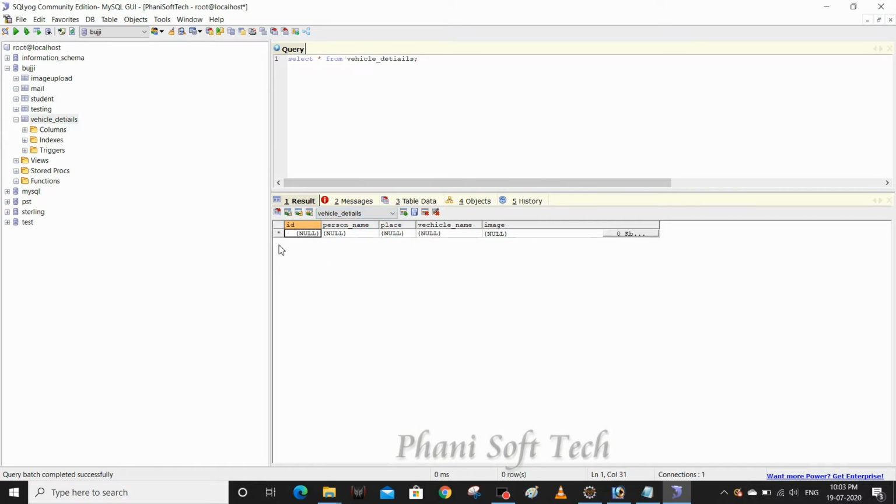Since I have a graphical user interface, I am entering them using it; if you don't have one, you can enter them using the command line. One, the person name is something, the place is Chennai, the vehicle name, for example, car 1, and I'm going to upload the image here.